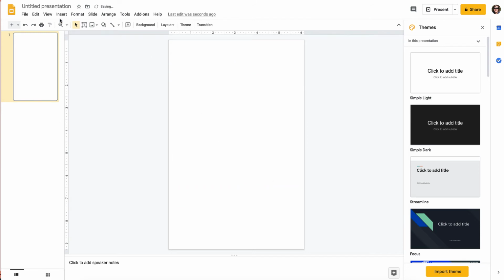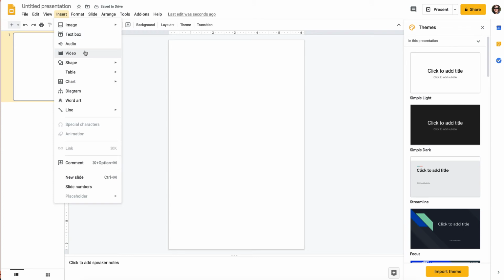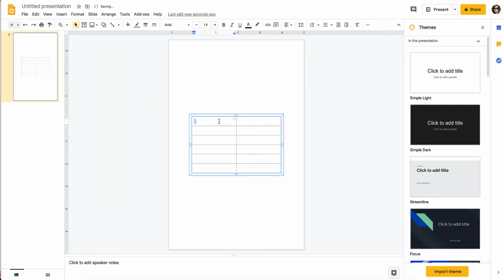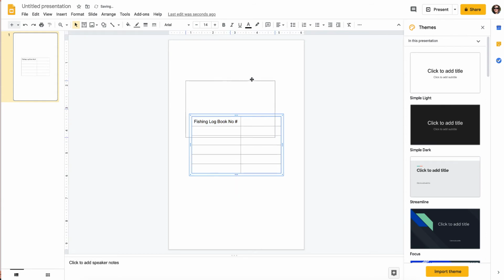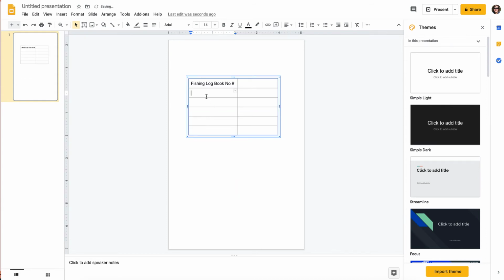And here we want to insert, I'm going to insert some tables. So table, I don't know how many I want, but we'll start off here. So we'll put fishing logbook, and we'll spell it the same way as the keyword that we saw, and we're going to put number and a hashtag to show that it is number, and then just move it up a bit, and then we could do favourite, and I'm going to do American spelling, favourite fishing area,